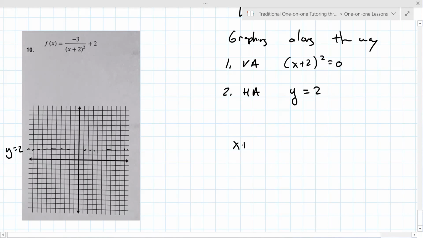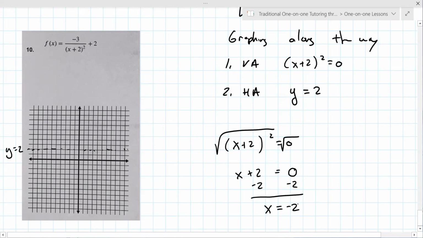Let's set x plus 2 squared equal to 0. We're going to undo the square with the square root. What is the square root of 0? 0. Subtract 2 from both sides, so x equals -2. So what I was trying to get you to understand is that